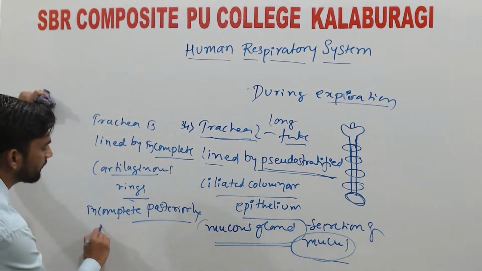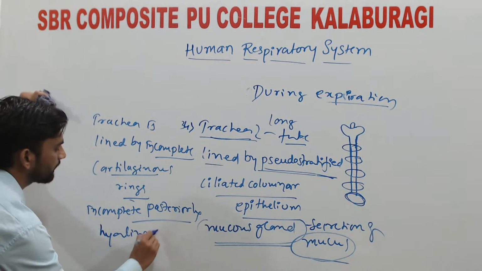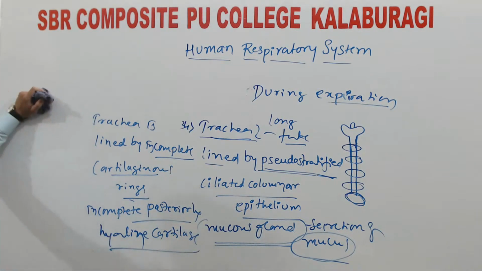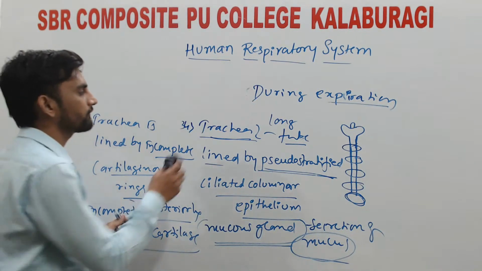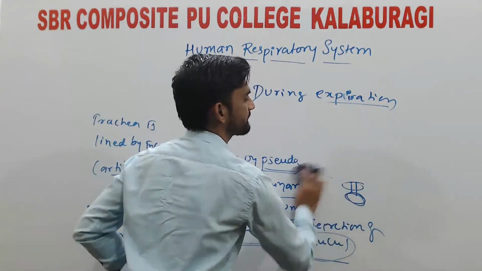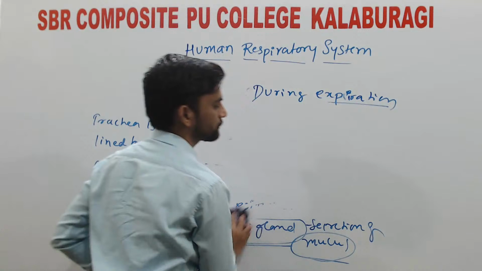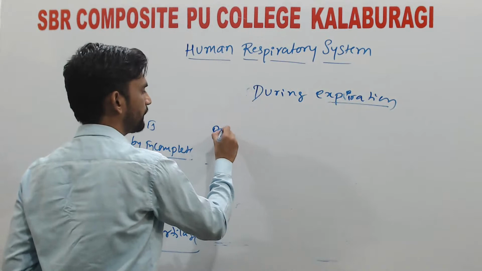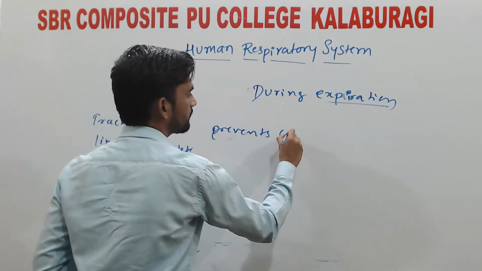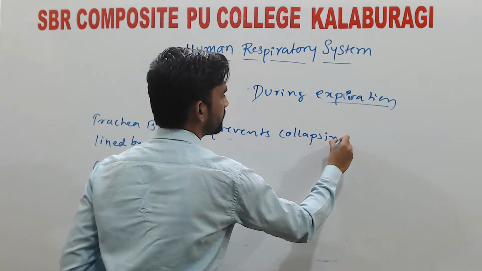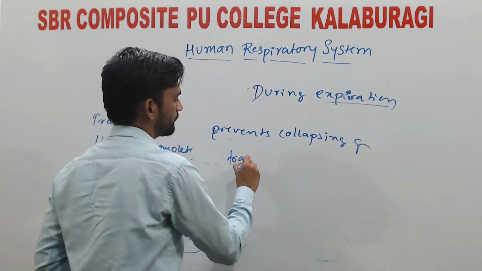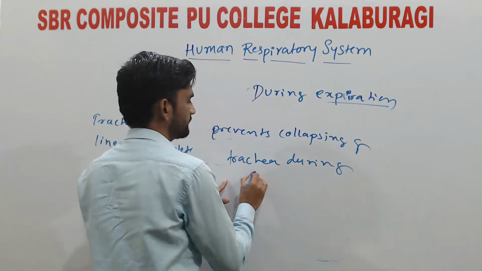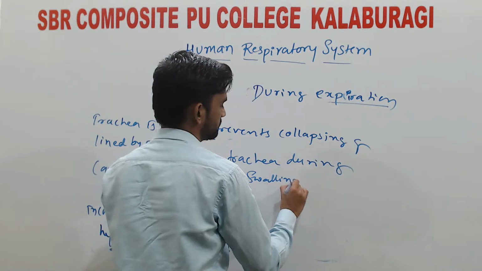These cartilaginous rings are made up of hyaline cartilage. You have to remember this point. What is the main important role of these incomplete cartilaginous rings? They prevent collapsing of the trachea during swallowing